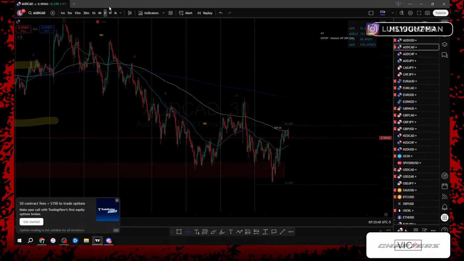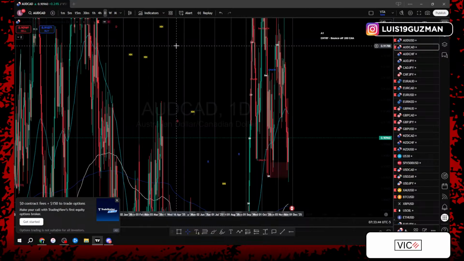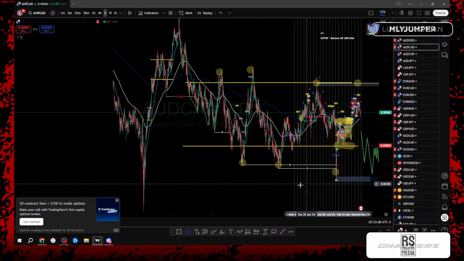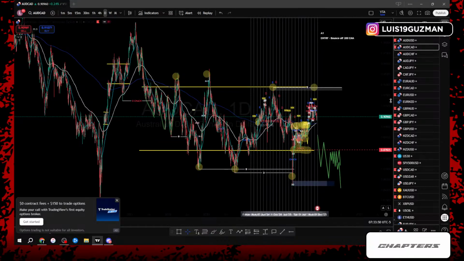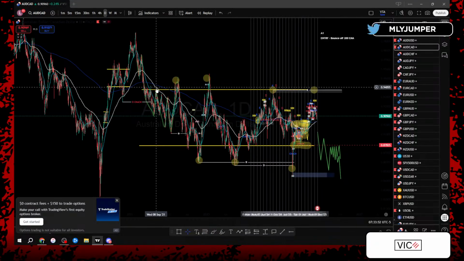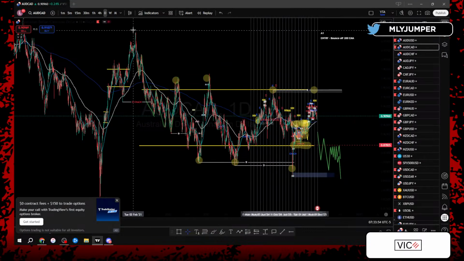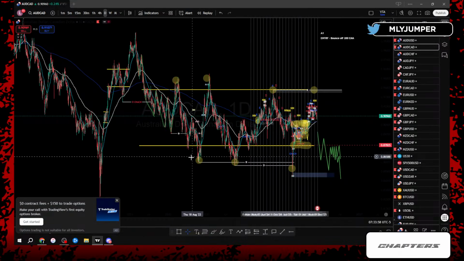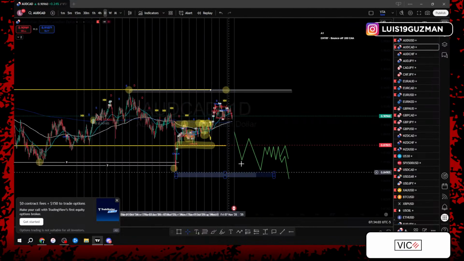Alright, so AUDCAD, daily time frame, where are we? We are in A1 on a downtrend. We're in the first zone of consolidation, A1. Alright, we had push number 1, first zone of consolidation, where we could see price rejecting highs, lows, highs, lows, highs, lows. Then price came up,